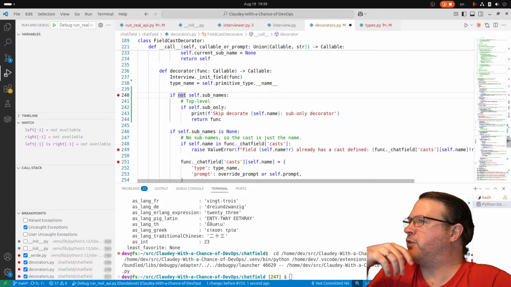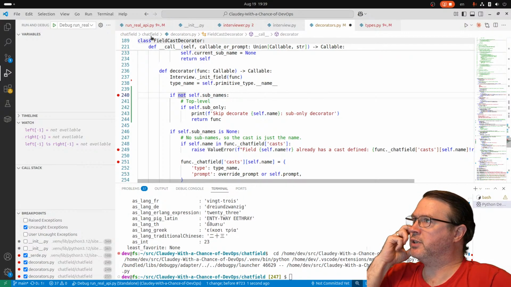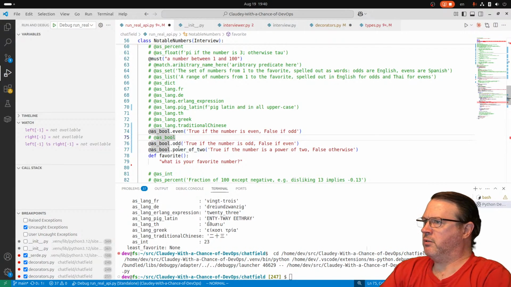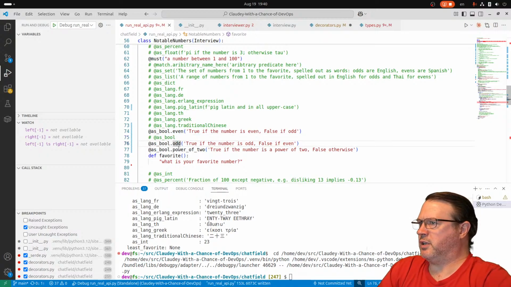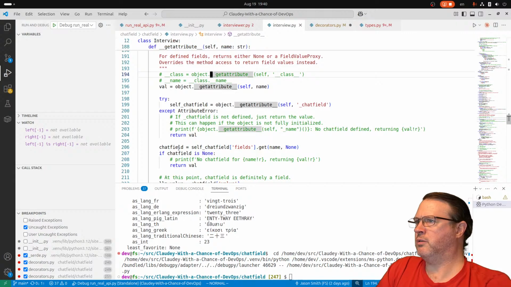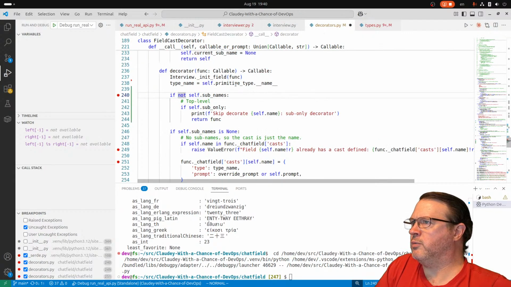Let's see. And if as lang tries to apply itself, let's see. Oh, as bool. Let's actually comment it out for a second. Let's say odd and power of 2. We'll keep those. Okay. So then, stop it. Okay, so